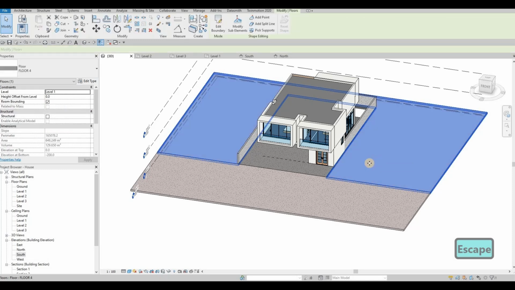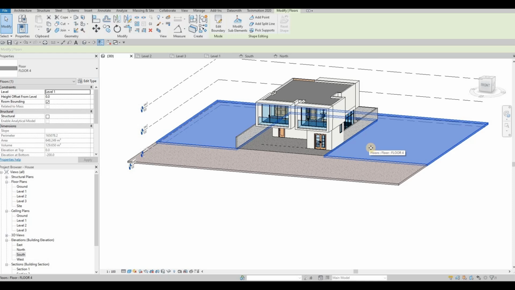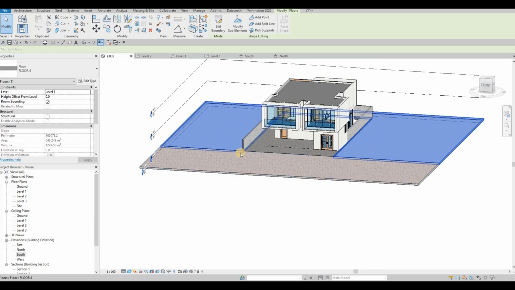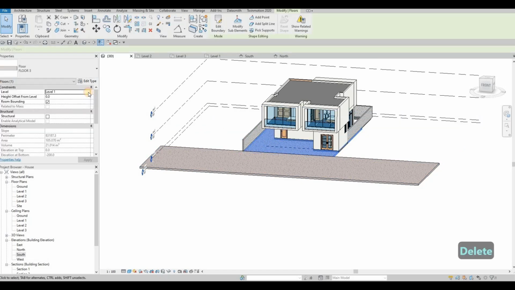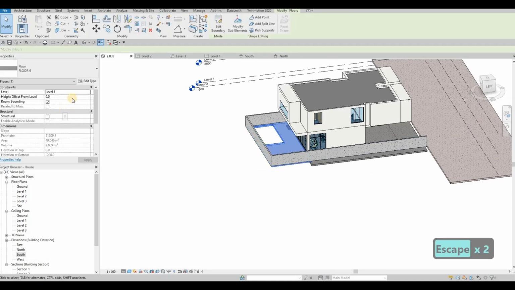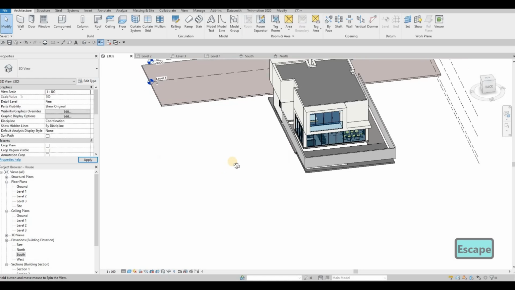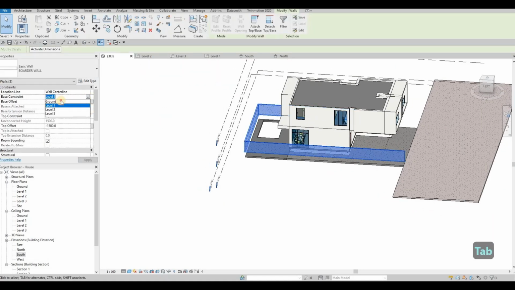Actually, we should delete this now, because I'm planning to delete this now so that we could incline this. And then here I'm gonna put this one to ground. There we go. So that's our ground now. This will be ground as well. Okay, extend this up to, of course, ground,